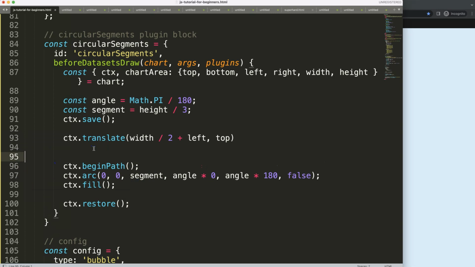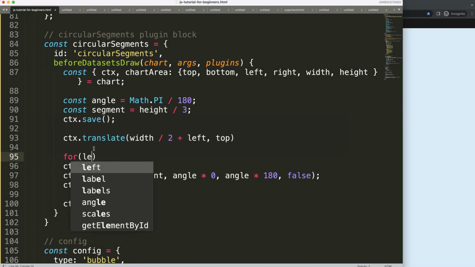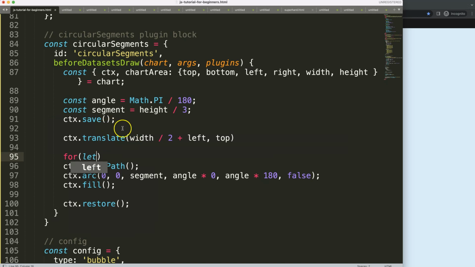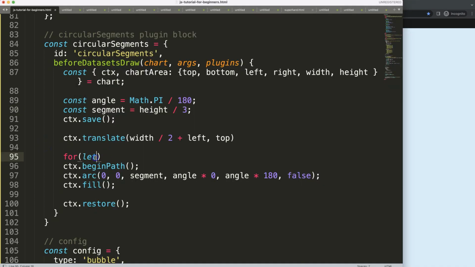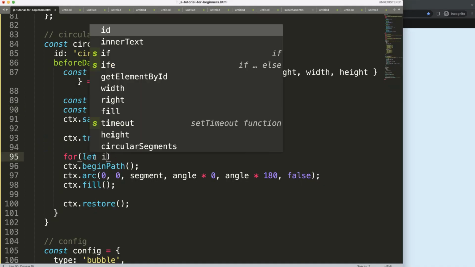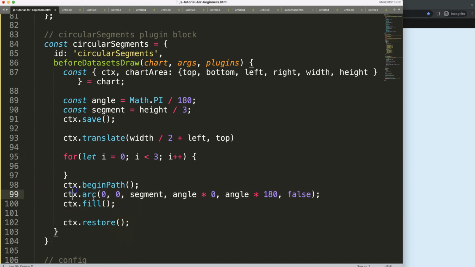All we can do here now is, let's see, we can say here a for loop because we have how many segments we want to create. We want to create 3 items. That's why I have here. If you want to have more or lesser, you can change the number here. I selected 3 here without explaining it, but I just used 3 because I want to have 3 specific circular shapes. So we're going to say let i equals 0. Then we're going to say here loop through this based on 3. And in that case, once we did this, i plus plus. So then I can cut out this shape,